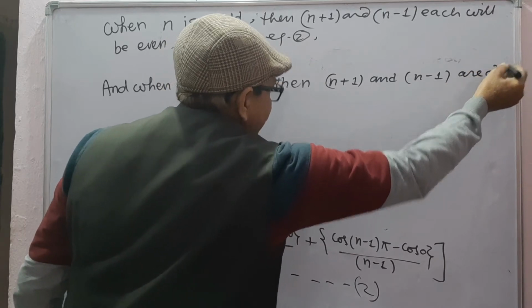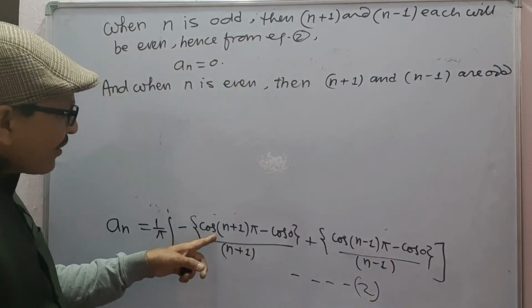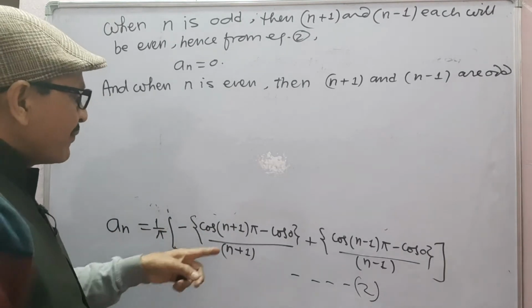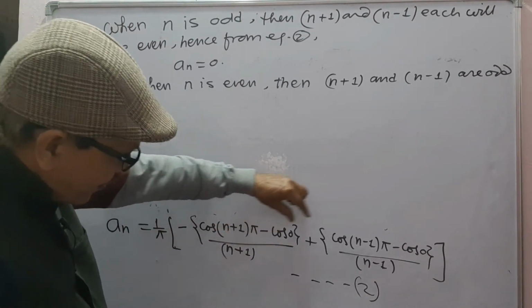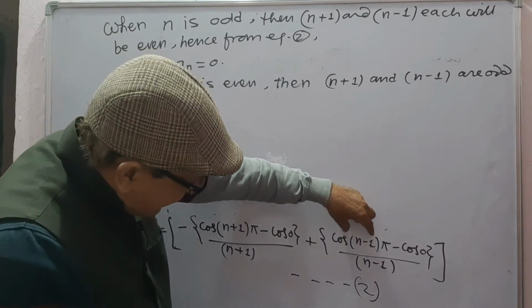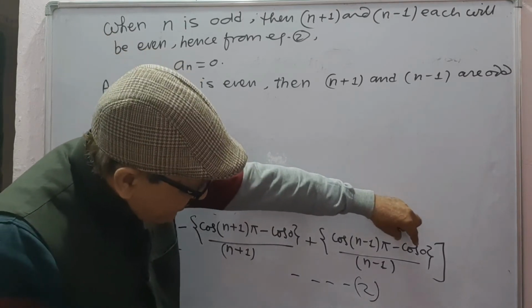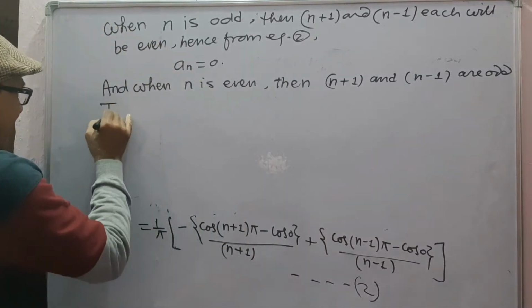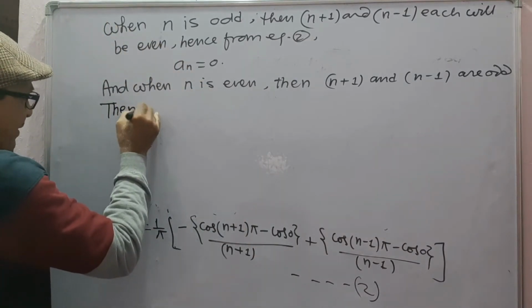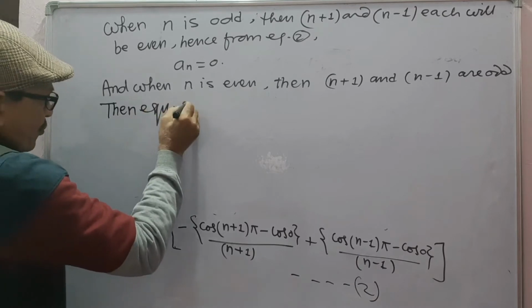Both will be odd. And cos odd pi is minus 1. So this becomes minus 1 minus 1, minus 2. Similarly, cos odd pi is minus 1, minus 1 minus 1, minus 2. Then equation 2 gives